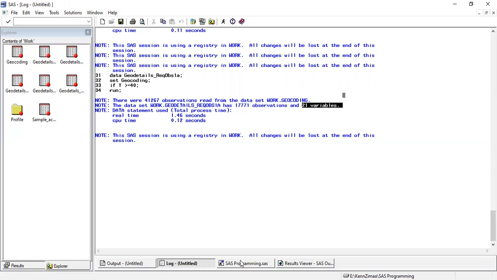But in the if part, it was copying each and everything at first into your temporary data set. Then in that data set, it will find out the observations where y is greater than 40. Then it will select only that part where y is greater than 40, and then it will replace your temporary data set with the final data set. Okay. So it is a two-step procedure.